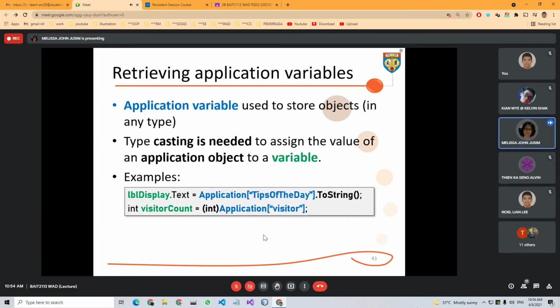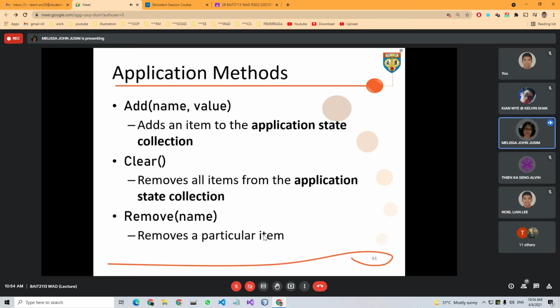Next thing would be we need to retrieve. How do we read? Here, again, similar to the session, since that allows us to store any data type, you must do typecasting as needed. The application methods are almost the same.